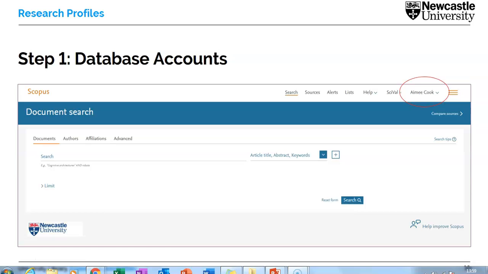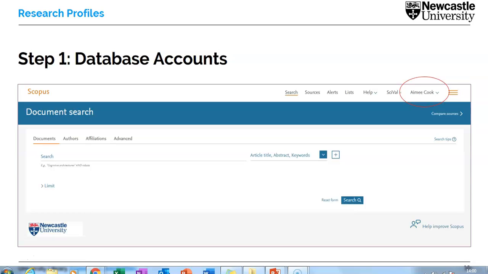And what I mean by personalised account is a personalised area that you subscribe to within the database to create your own individual account. And I'm stressing this because I'm trying to make it very clear that it's not simply using your single sign-on to get access institutionally to these databases. It's another step beyond that that requires you to add usually your university email address and then set up a personalised password.